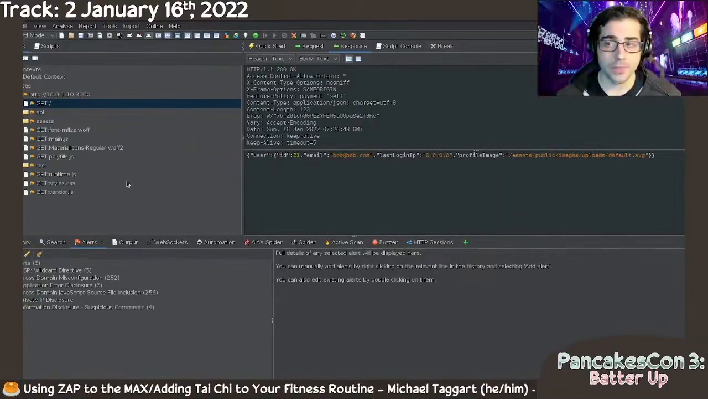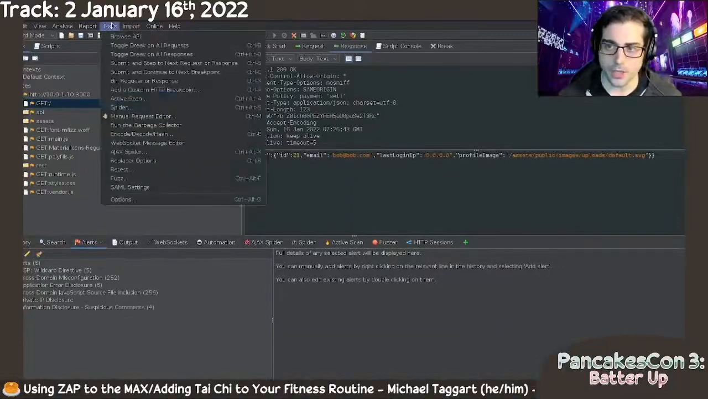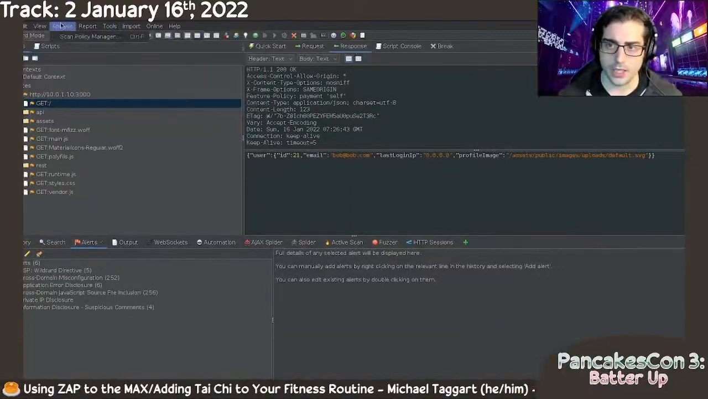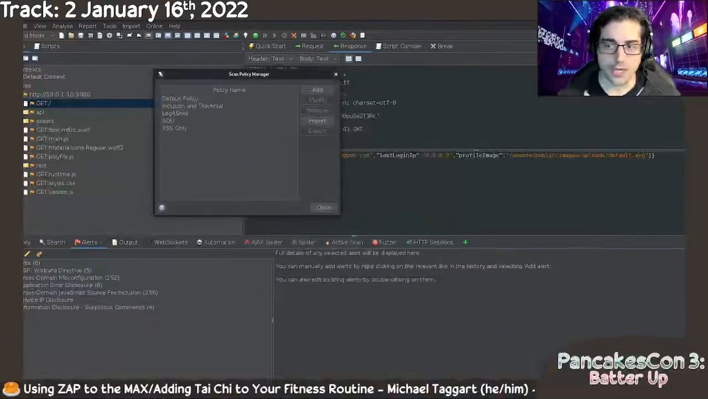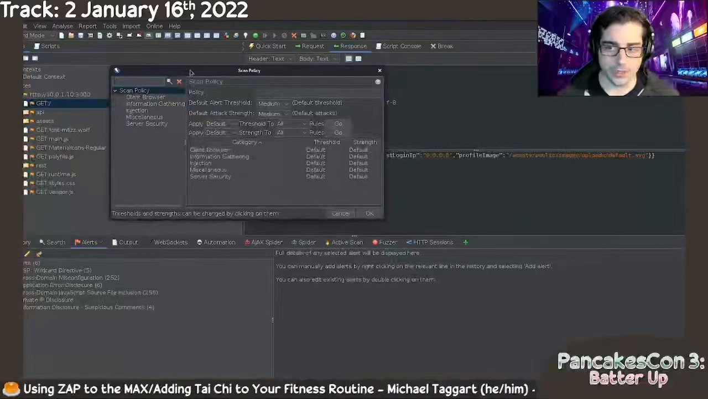To make that a little bit easier for me, I'm going to make custom attack policies that only do one kind of attack at a time. So if I go to my scan policy manager, which is this little EQ mixing button up here, it's also available in Analyze and Scan Policy Manager. You can see that I have a couple of policies already made, one for SQL injection, one for cross-site scripting. And if I wanted to make a new one, what I would do is I would click that add, name my new policy,